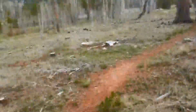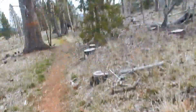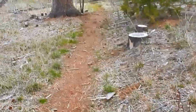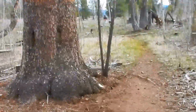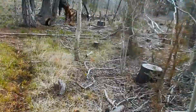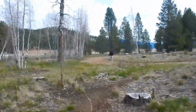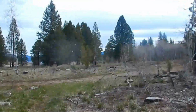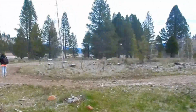Oh, here we go. We're in a forest that's been cut down here. Look at all the stumps. Hikers, maybe, that were camping, could have cut up wood, or the forestry, just to enhance the trail. I don't like when they start cutting down hundreds of trees, because I honestly think that the trees is what gives this area character, and if you lose the trees, you kind of lose a little bit of character to the woods. I mean, Bigfoot's not going to come out in the open like this. If you have trees, you have a chance of getting them, filming them up in a tree looking down at you. And if you cut the trees,